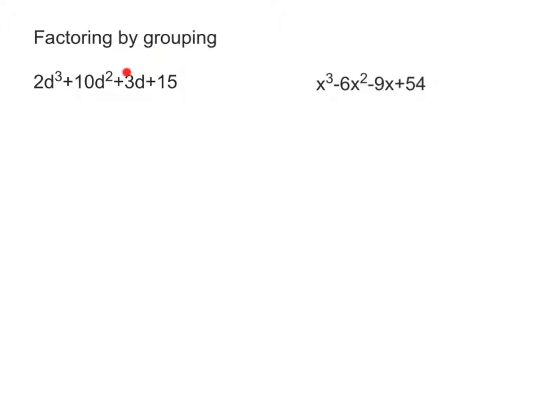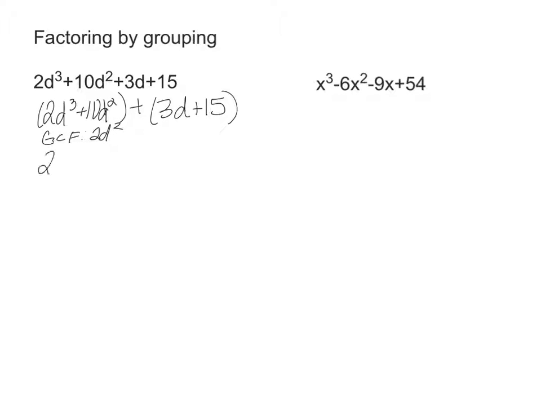I see here that 3d and 15 have a common factor of 3, and if I look at 2d cubed and 10d squared, we have a common factor of 2d squared. So we're going to group them: 2d cubed plus 10d squared, plus 3d plus 15. So we're going to take out the greatest common factor in this one, which is 2d